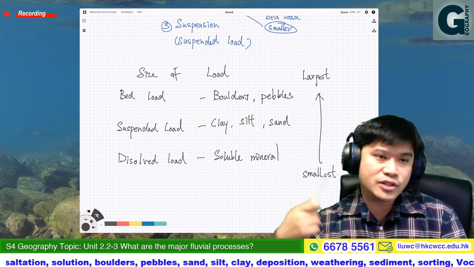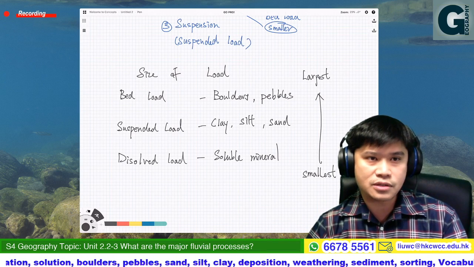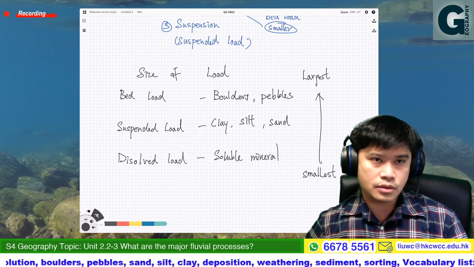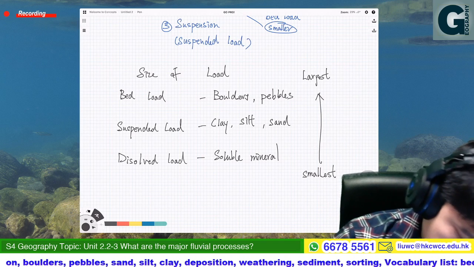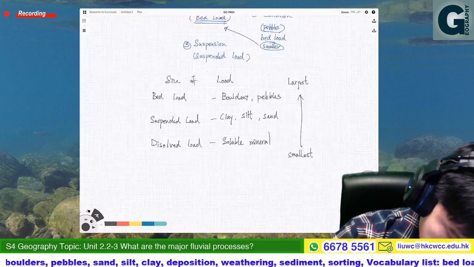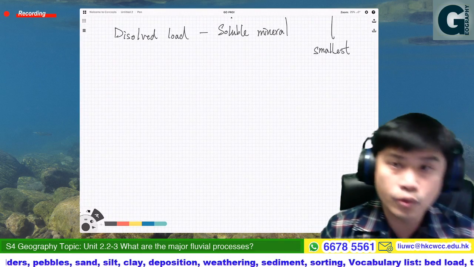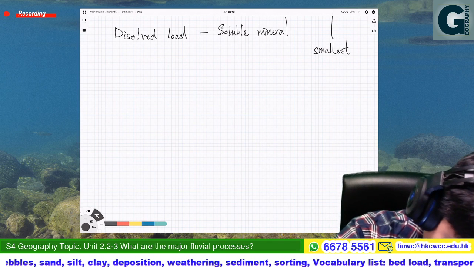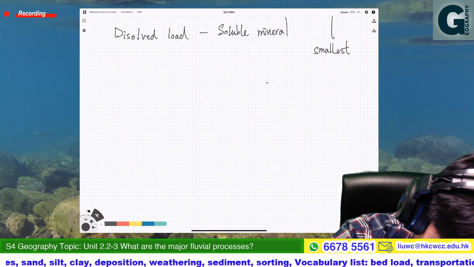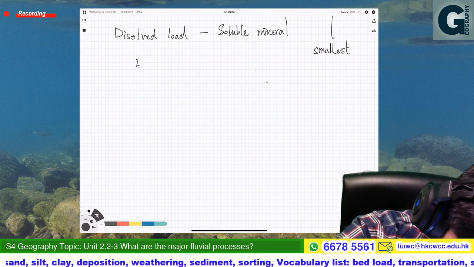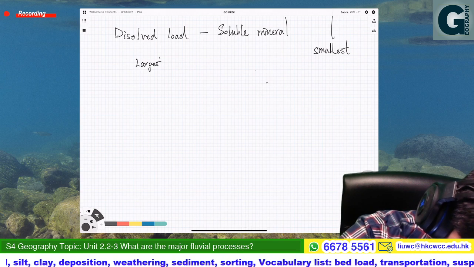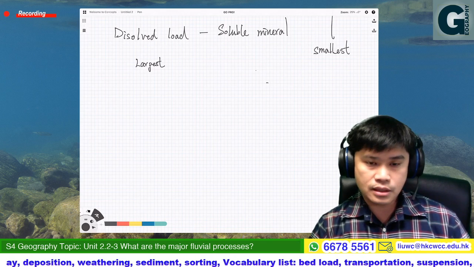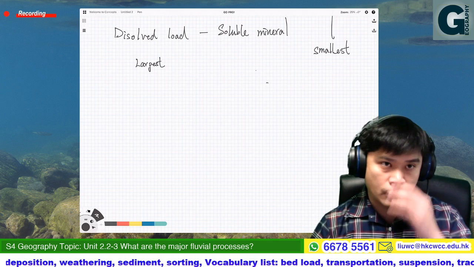We have just finished the questions in the textbook. But if we want a more detailed classification, here is what I would like to give you. About the size of load, I'm going to talk about the largest first. When we study geography, when we study the river, when we talk about load,